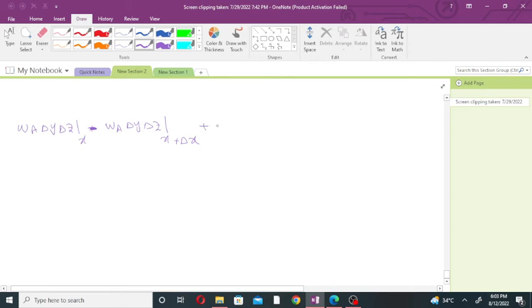Similarly for y, this will be the WA flux for y position, it will be the x and z at point y minus WA x and z at y plus delta y. Similarly, WA flux in the z direction, so it will be x and y at z position minus WA x and y at point z plus delta z, and this was